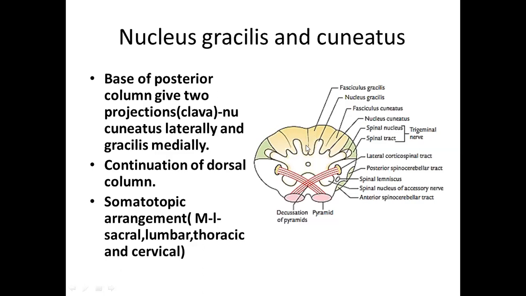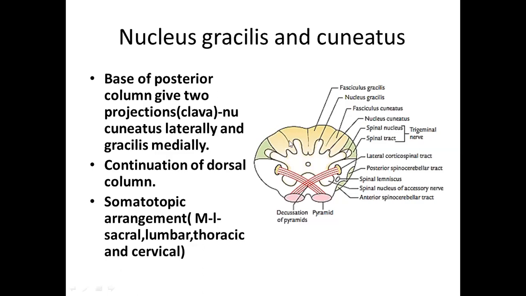So, what type of sensation will they be carrying? They will be carrying the fibers from the first order neurons that terminate over here, the bodies of which are lying in the dorsal root ganglia of the spinal cord. So they will be carrying the sensation of discriminative touch, joint position and vibration, and the conscious muscle sense, right? And the unconscious is taken by the dorsal spinocerebellar tract, right?